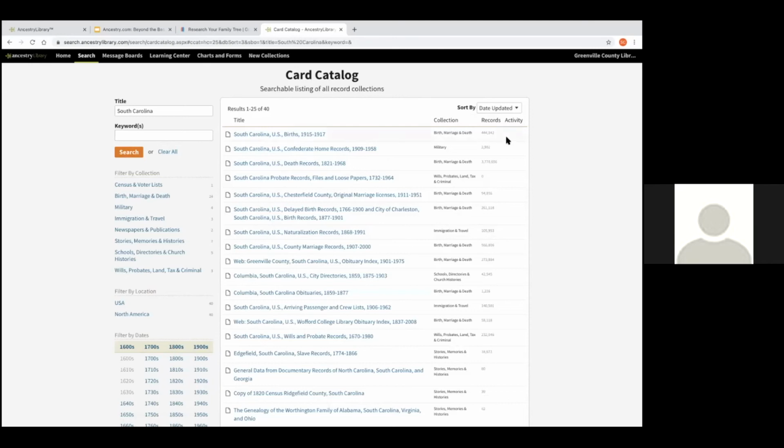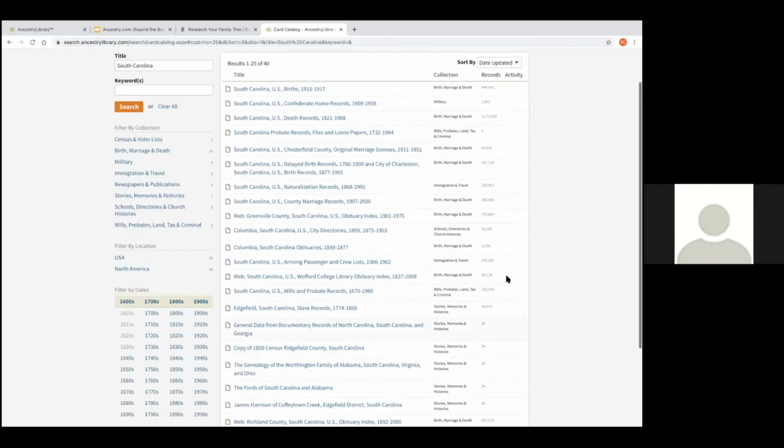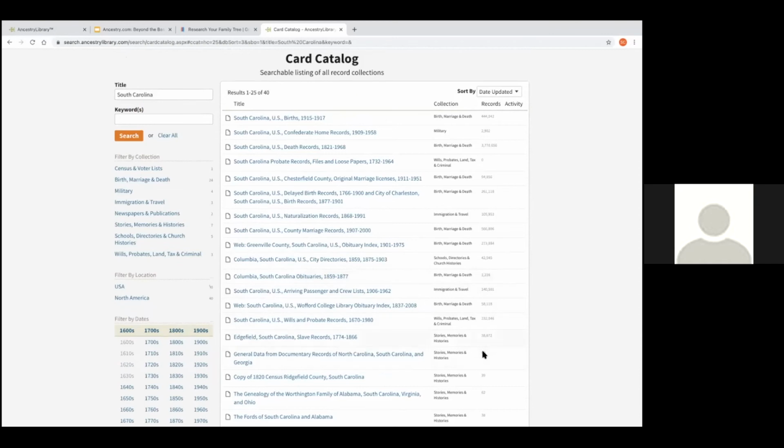except I have noticed that if you look at this records column, if you see a record set that has 0, that jumps out to me. Like there's no way there's 0 records in there. And I have a pretty good feeling that this is going to be a browse only collection. And you have some other ones down here that have 38 or 40. Those may also be browse only. I will say that sometimes I've seen a really low number and I click in and I find out, nope,